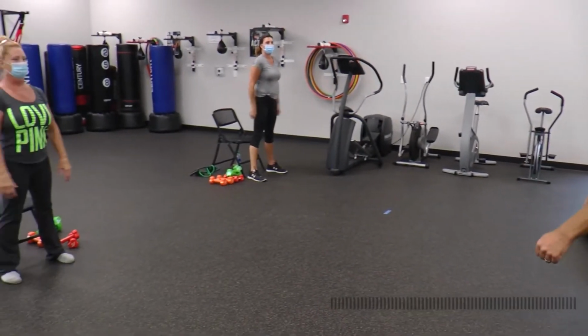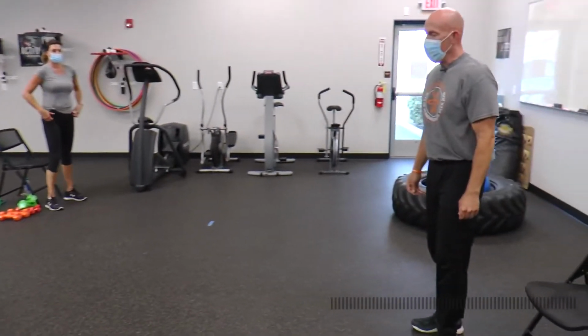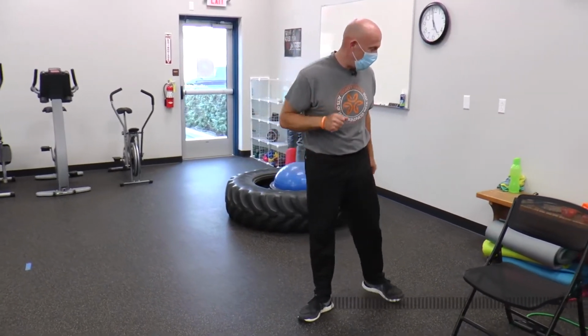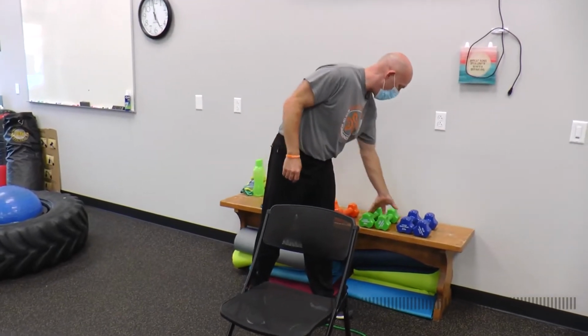Okay, so we're going to work our back again, and we're going to work our triceps at the same time. So we're going to do what's called a combination exercise. We're doing 2 in 1. So grab your medium weight,